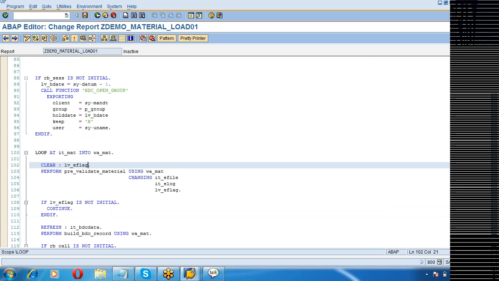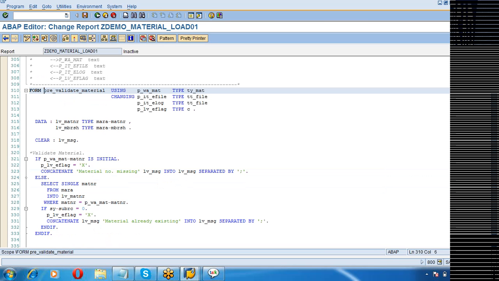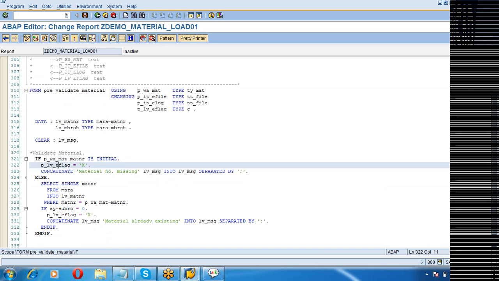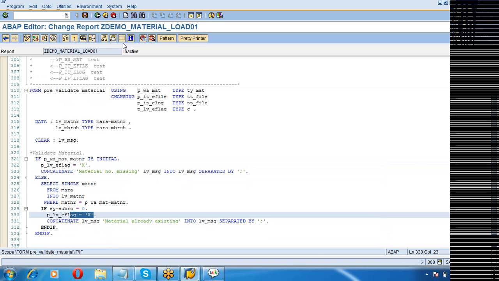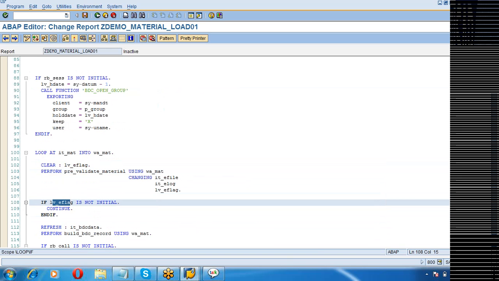Back in the main program, if LV_flag is not initial, that means if the pre-validation has failed. See, we have taken a variable called LV_flag. Inside the logic, every time there is an error scenario, I am setting the flag to X. So back in the loop, if the flag is not initial, continue.